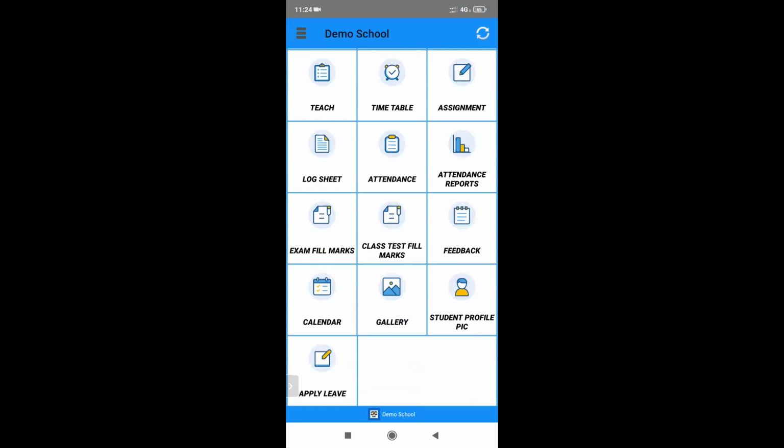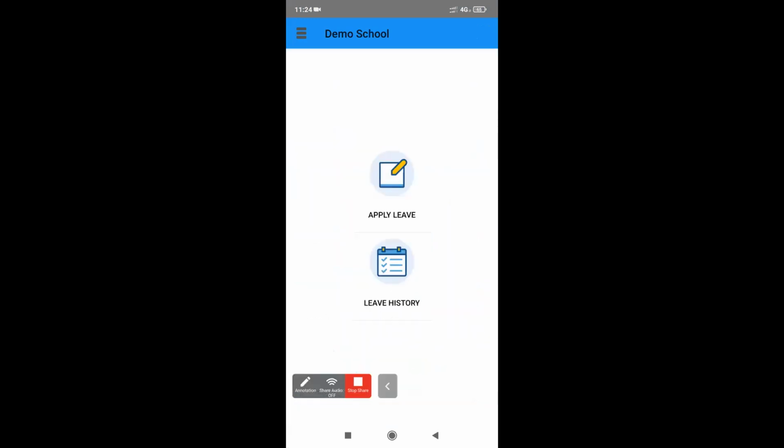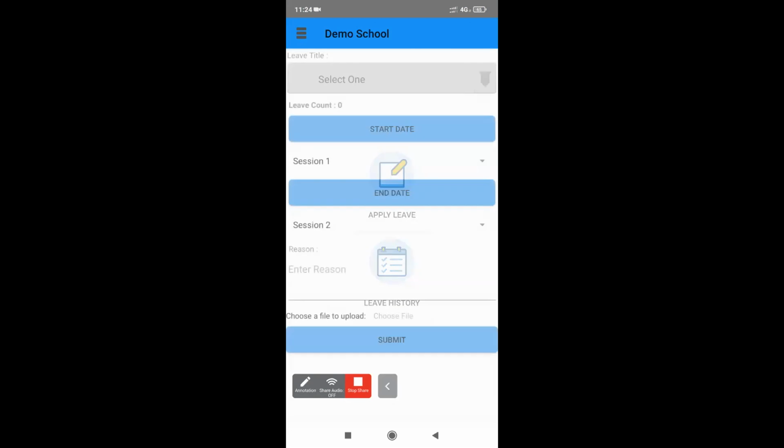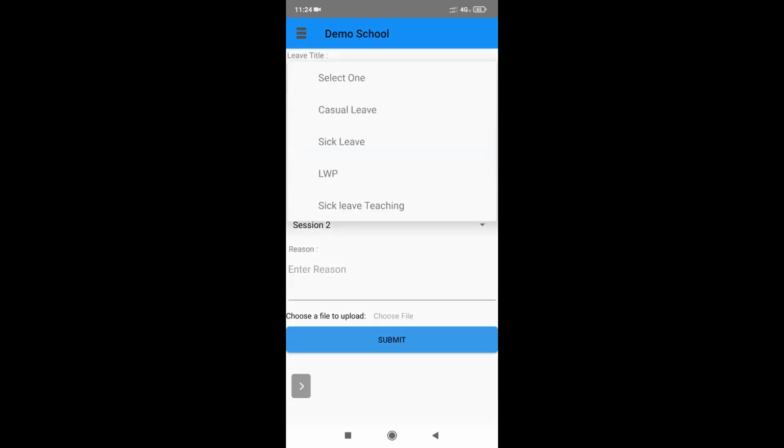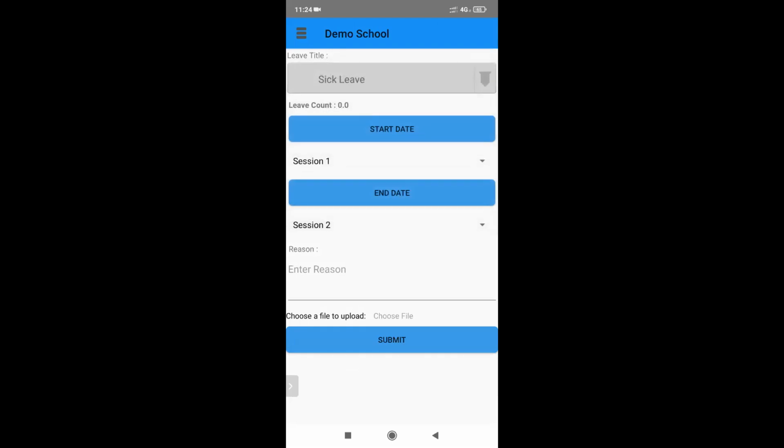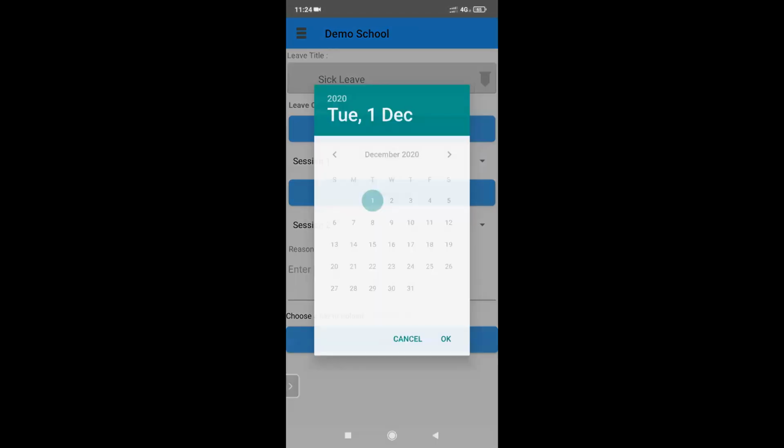Every teacher has a tab called Apply Leave. They can click on Apply Leave. Now they can select which leave they want. Let's say if I want to take casual leave, the sick leave, the start date, say for today.